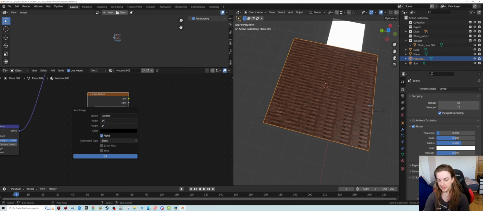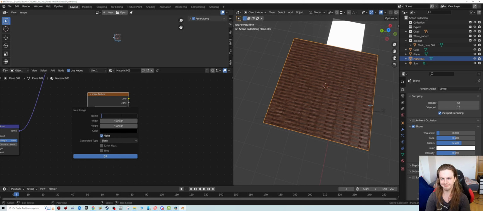And when you multiply this with another power of 2, so power of 2 would be 2, 4, 8. So if you multiply this by 8 again, and multiply this by 8 again, and multiply this by 8 again, you will end up with a default 1024. And if you multiply this by another power of 2, but 4, so 2, 4, we will end up with a 4K image. And we call this